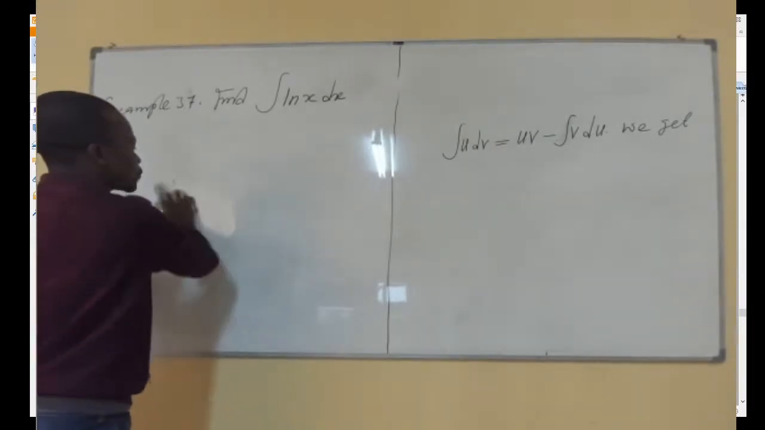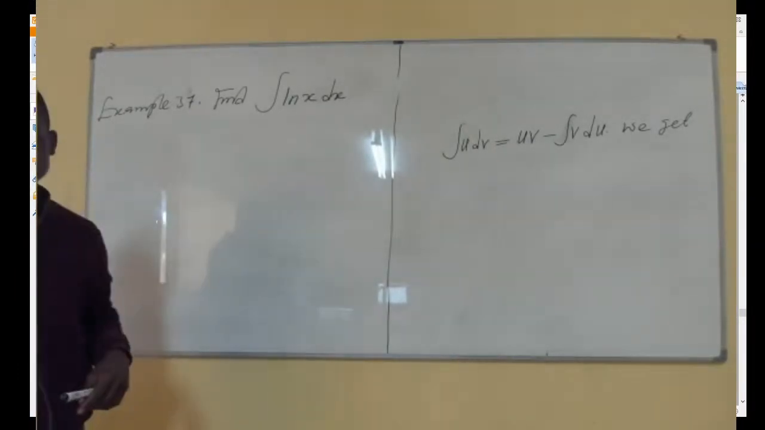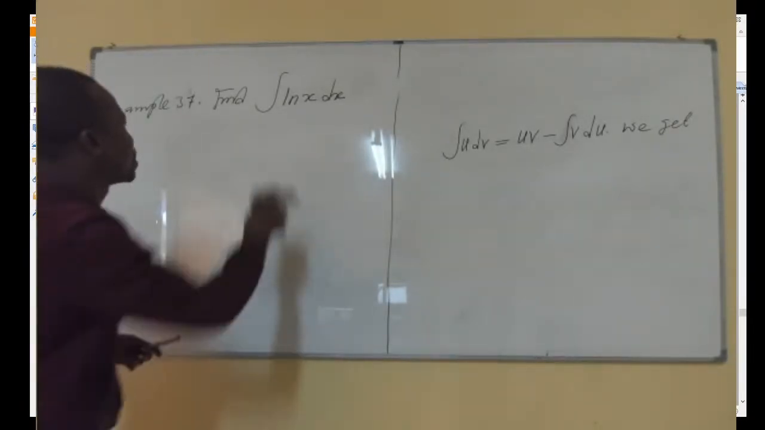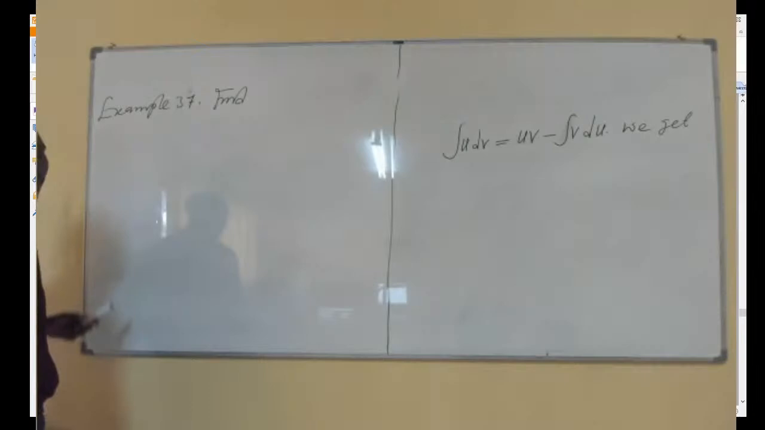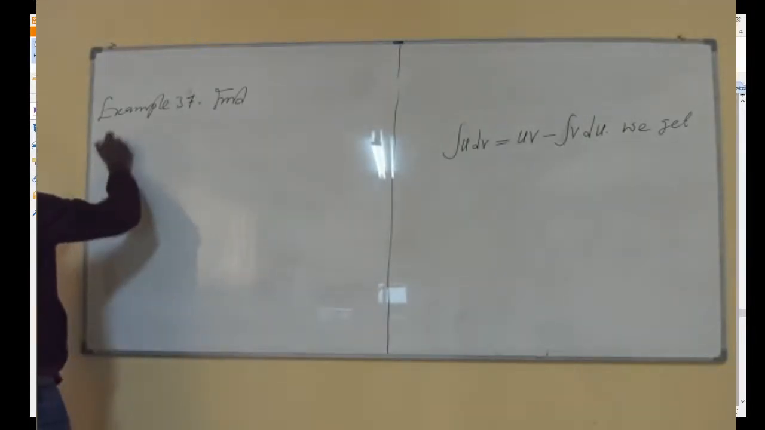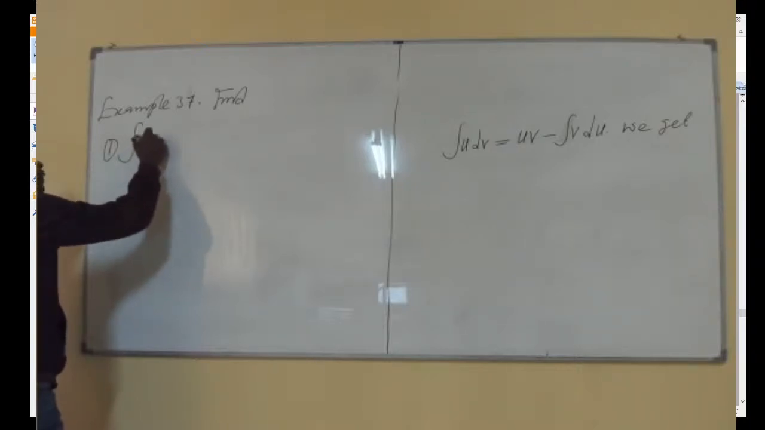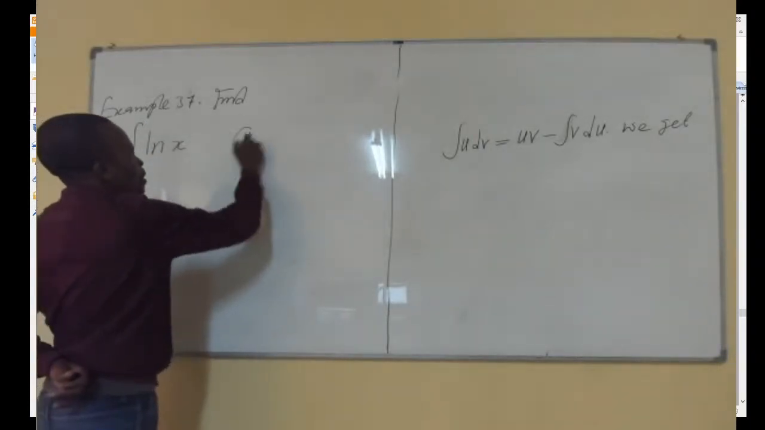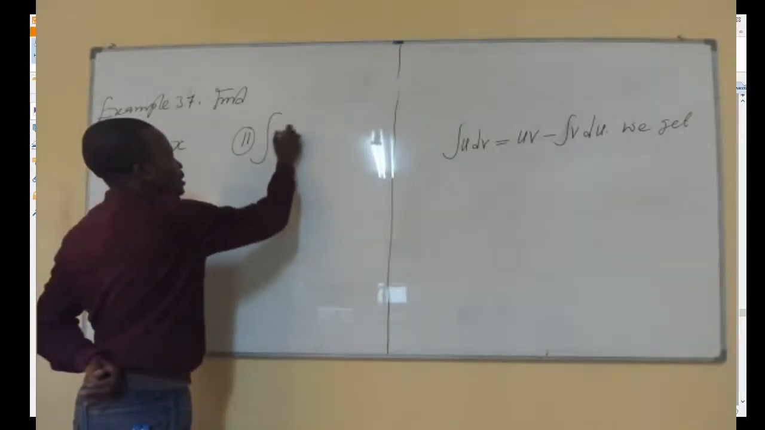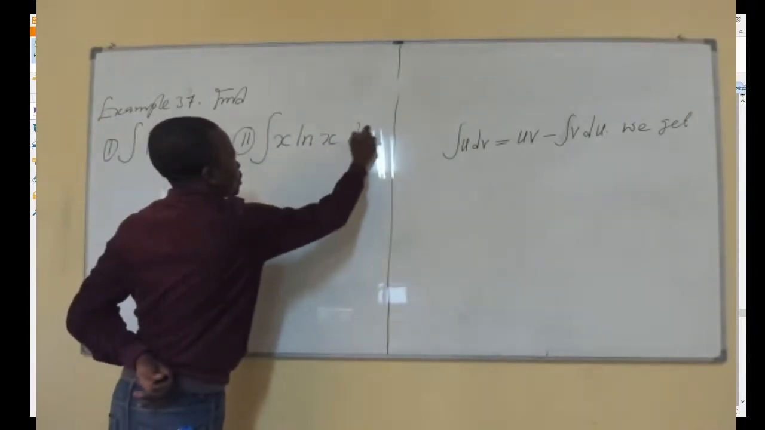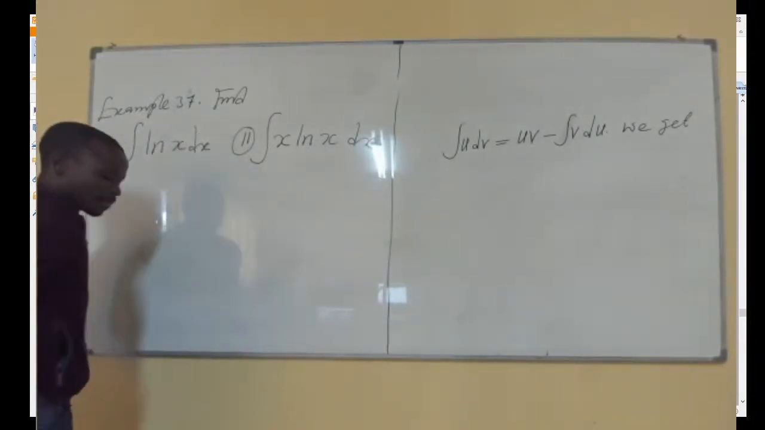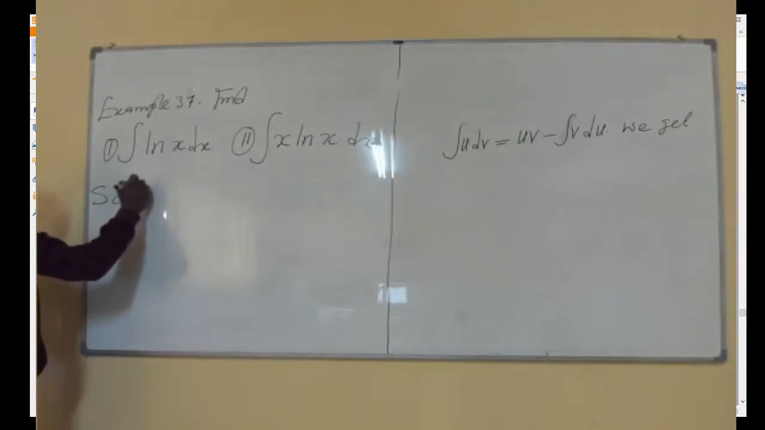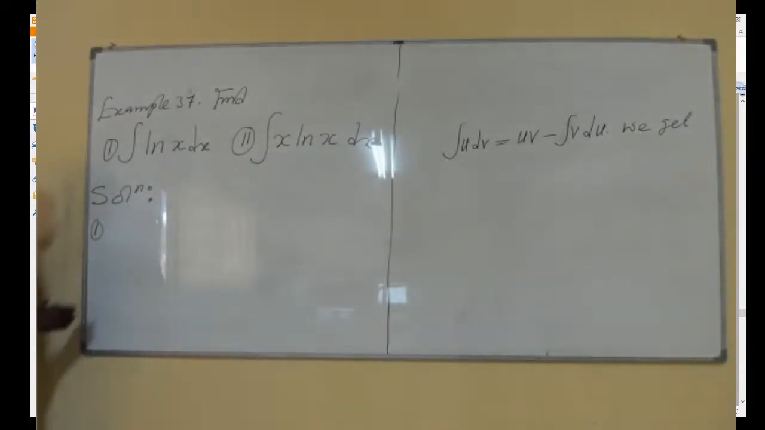Okay, now, so let's look at this example. Maybe I just need to combine this. So I'll combine example number 36 and example number 37 in one. So find one, the integral of ln of x, two, the integral of x times ln of x dx. Okay, so let's look at the solution. I'll start with one. Okay, so by the same LIATE,